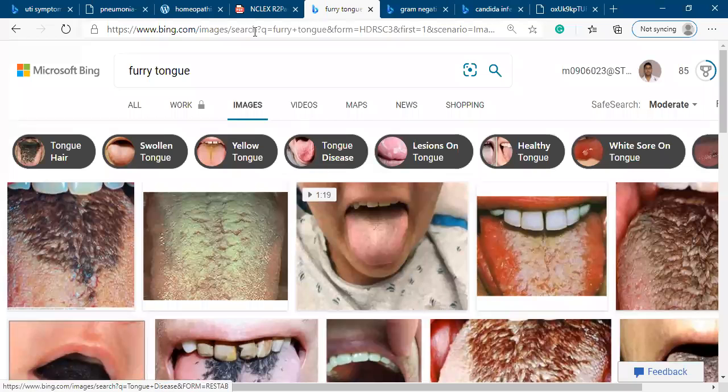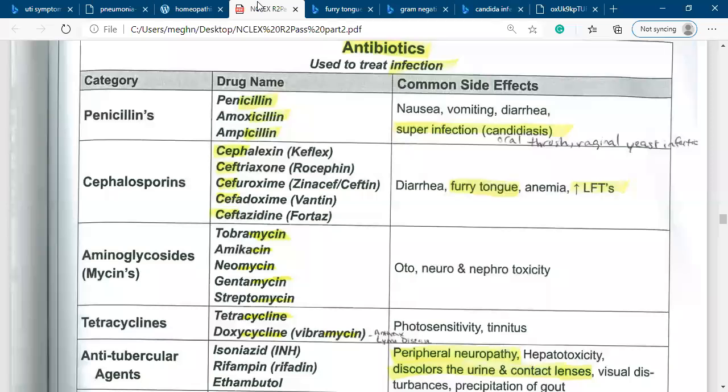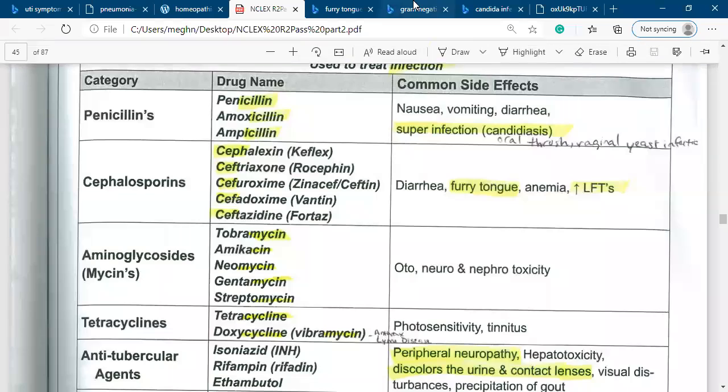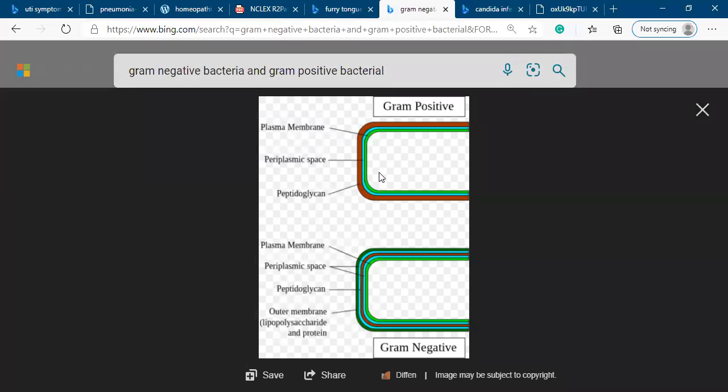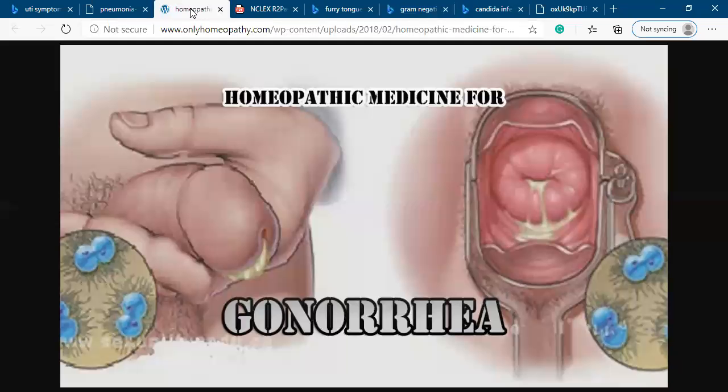So this is the second antibiotic for today, the cephalosporin. The indication for cephalosporin is gram-negative bacterial infection. If anybody has a gram-negative bacterial infection, we use the cephalosporin, or if anybody has gonorrhea, we